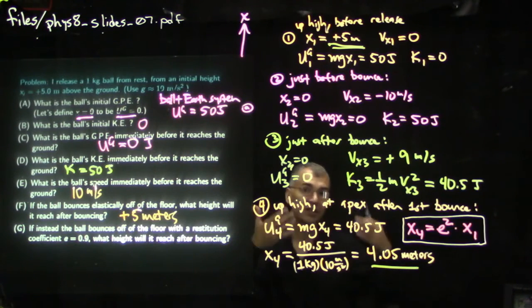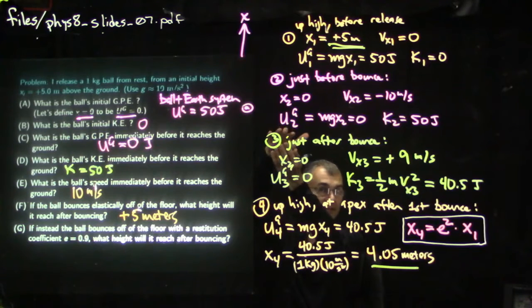The ratio of kinetic energies is the square of the ratio of speeds. The restitution coefficient refers to the ratio of speed after versus before colliding with the floor. And then we started out in gravitational potential energy. That all got converted into KE. And then there was the bounce off the floor where we lose about 20% of the KE to thermal energy,